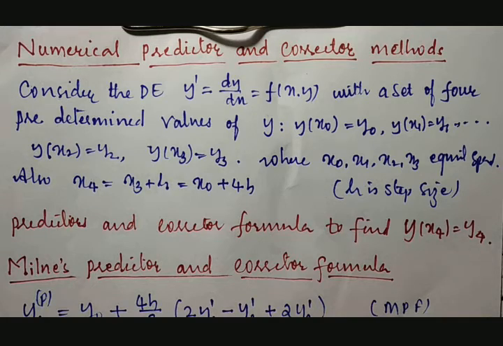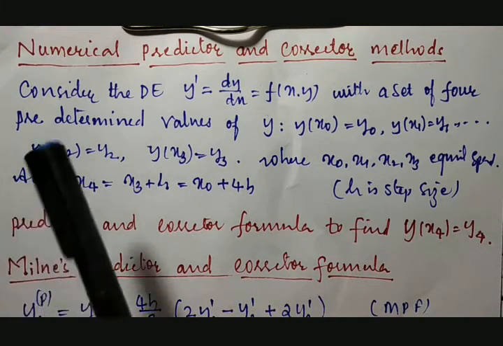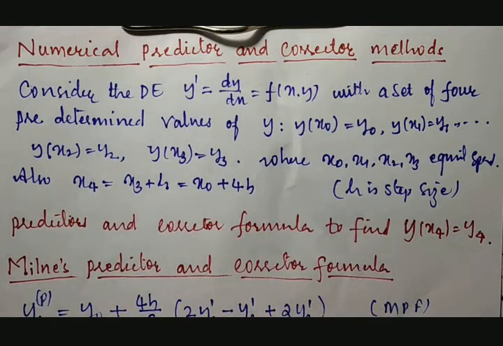In this session, we are going to discuss a numerical solution of ordinary differential equation, that is initial value problem dy by dx is equal to f of x, y by using predictor and corrector method. So it is known as numerical predictor and corrector method. Here first I'll explain what is the situation and how the example will come. Then we'll discuss how these predictor and corrector methods will help us to obtain a numerical solution by using given